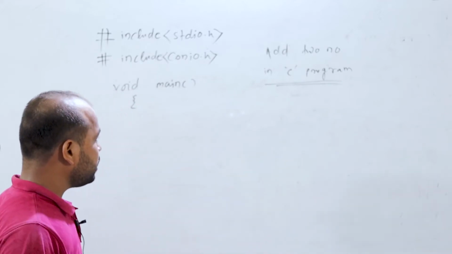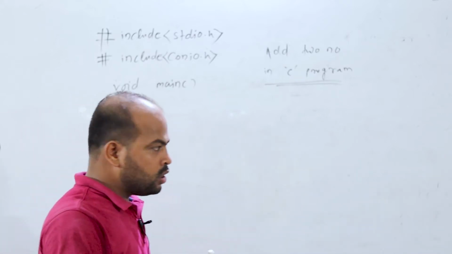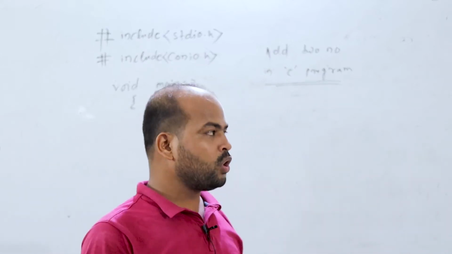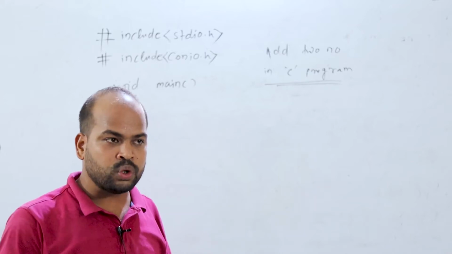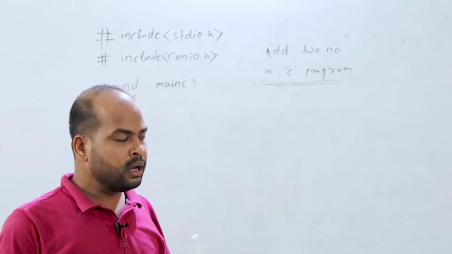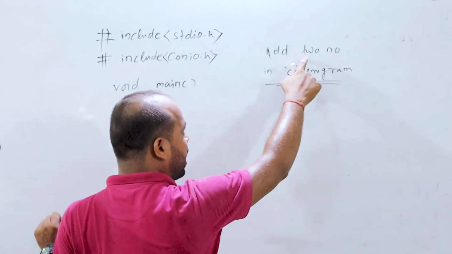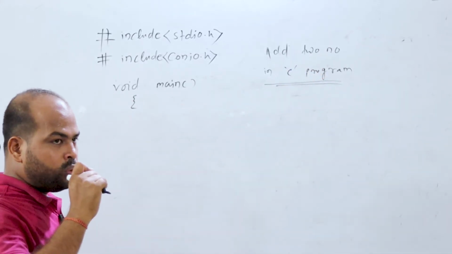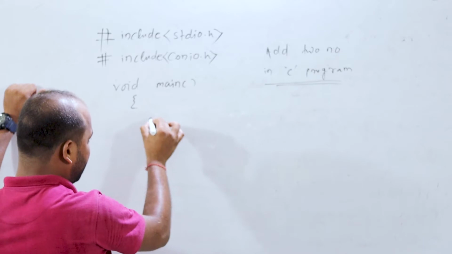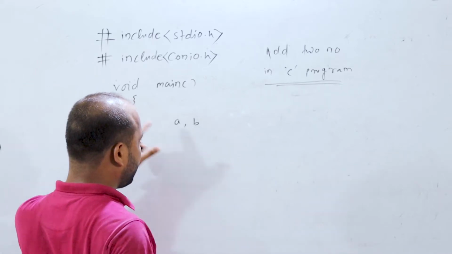location. So first you have to declare variables to store the values to add, because we can't insert values directly into the memory or into our program. So we have to declare variables to insert values on which we can do different operations. So here, if I want to add two numbers, then we have to declare two variables. Now I am writing the variables. We can take them like a, b. I have taken two variables.